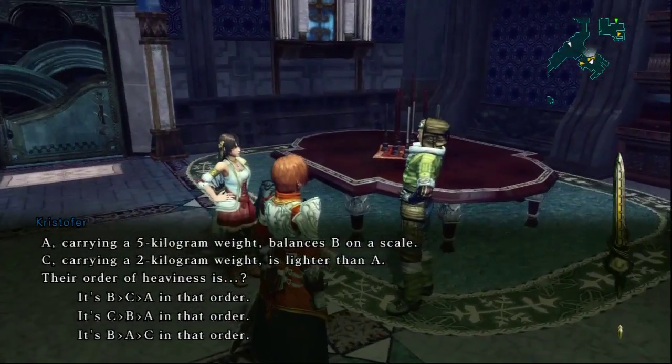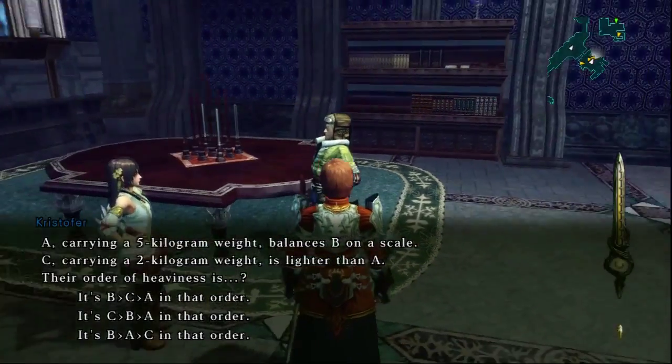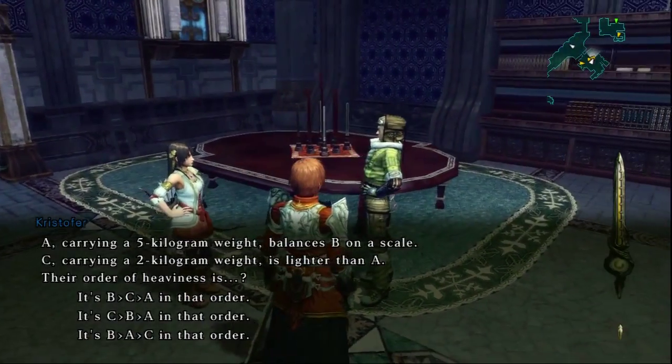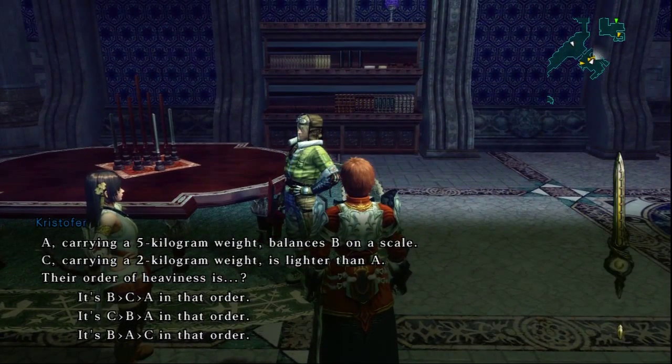A, carrying a 5 kilogram weight balances B on a scale. C, carrying a 2 kilogram weight is lighter than A. The order of heaviness is...